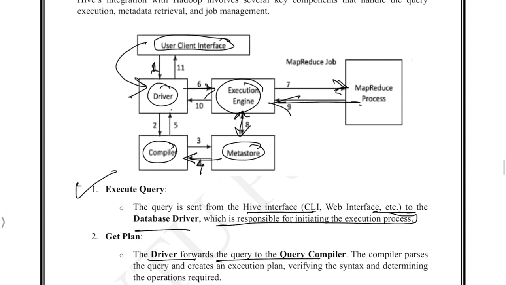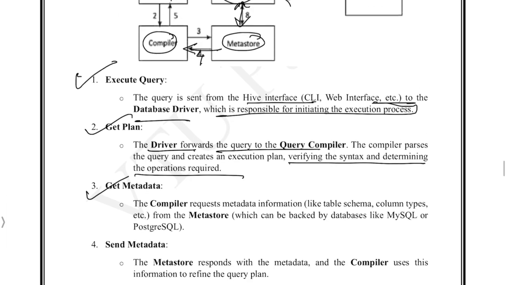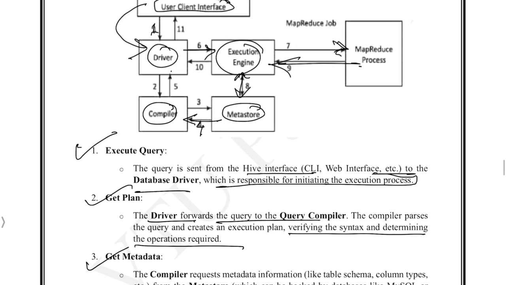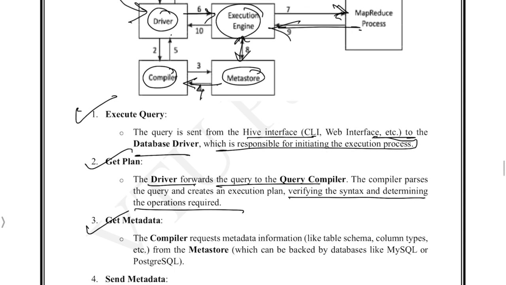What the query compiler will do is, what does a compiler do normally? It will check for syntax, correct? It will verify the syntax, it will check whether everything is in a proper format or not. So, it will verify the syntax and determine the operations required. Okay, get metadata. Get metadata in the sense, once the compiler gets the query, it will request metadata,